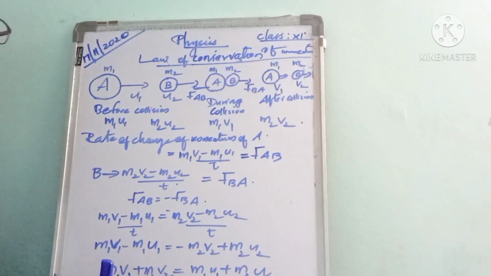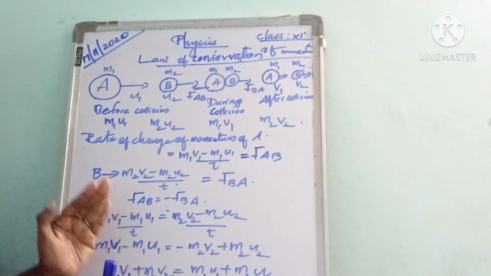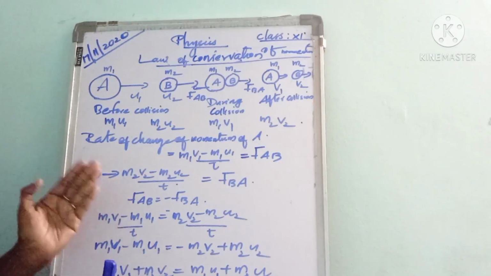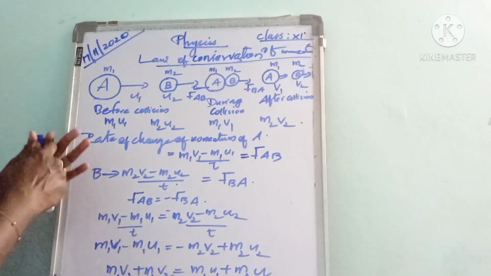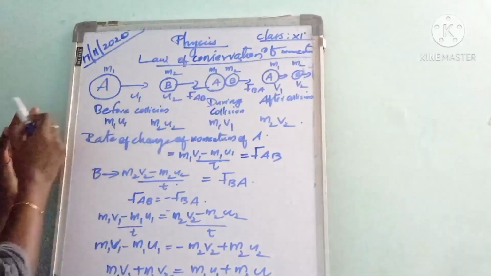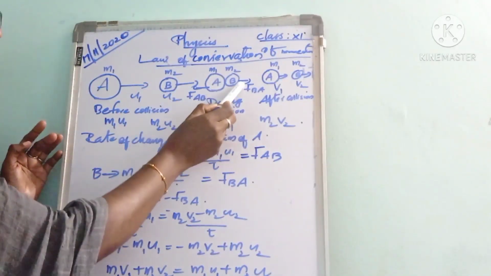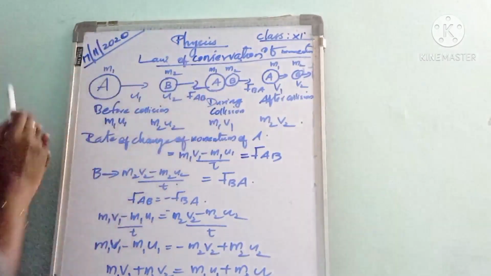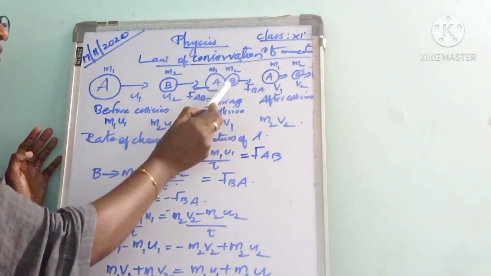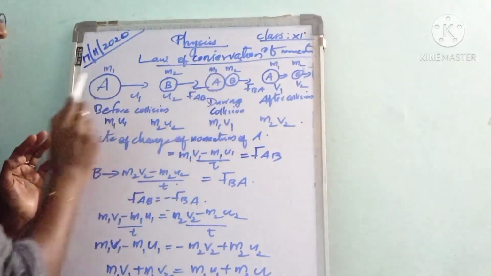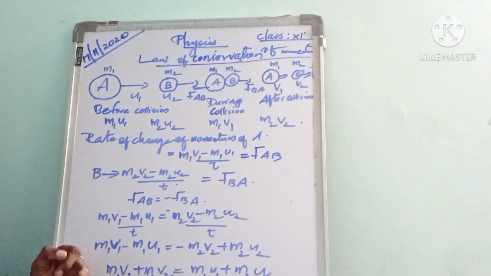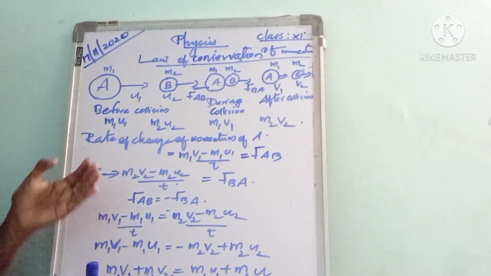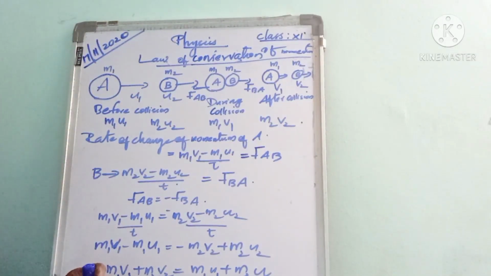You know what is Newton's third law? To every action, there is an equal and opposite reaction. This is Newton's third law of motion. Here we are considering two objects A and B. Here A exerts a force on B. At the same time, B also exerts an equal and opposite force upon A. One of the forces is called the action and the second force is called the reaction.